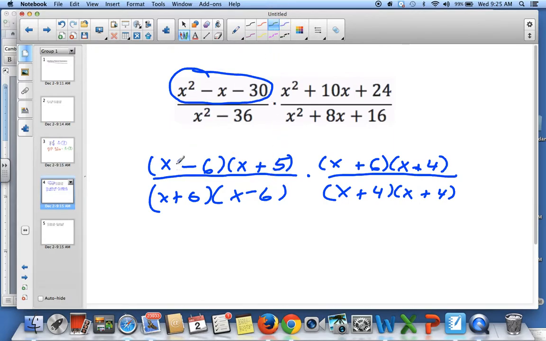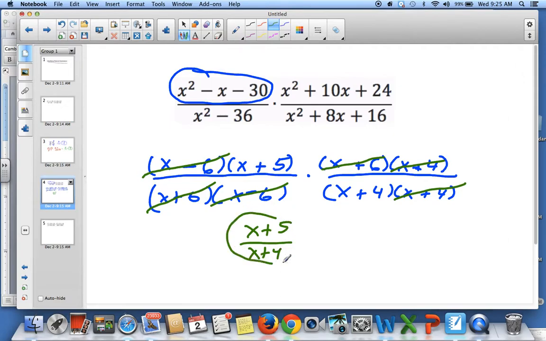Now basically x minus 6 is the same as x minus 6, so that's going to cancel. X plus 6 is the same as x plus 6. Remember, when we multiply, it just makes it one big fraction multiplying across. And then x plus 4 is the same as x plus 4. And I'm left with an answer that says x plus 5 on top and x plus 4 on the bottom. So basically, that's going to be my solution to this,